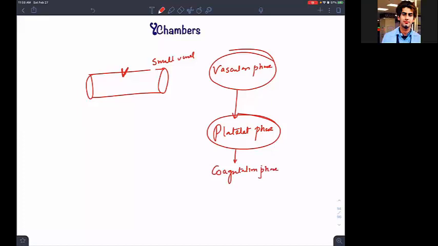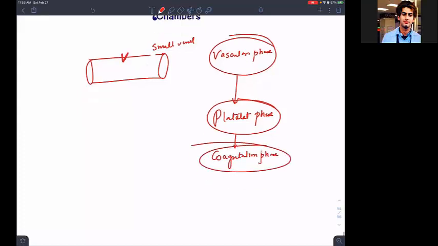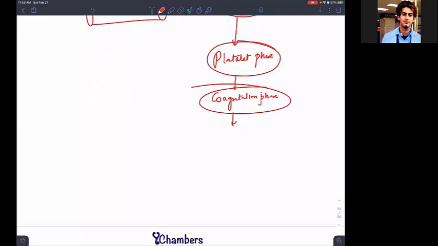After this coagulation phase, I will be having the next phase. We said hemostasis is not only that I am making the thrombus, but also I should have a fibrinolytic system so that I can dissolve that thrombus and re-establish the blood flow. The blood flow which was restrained from that site, now I should have a normal blood flow through it. So I will have a fibrinolytic system to have a nice streamlined flow of my blood.